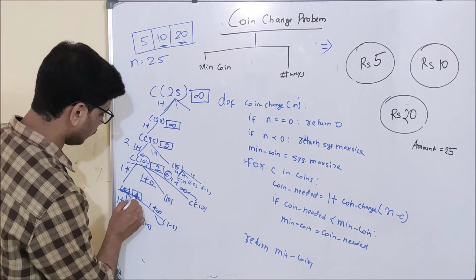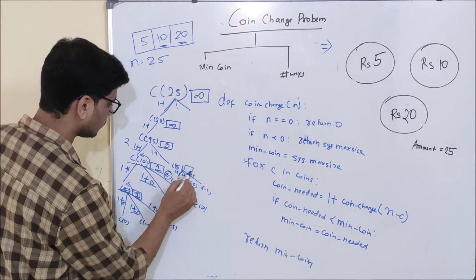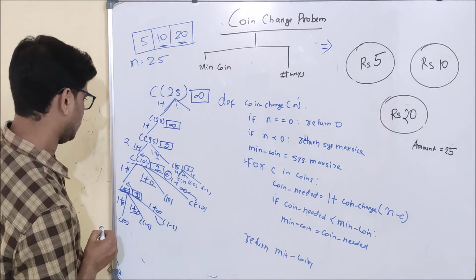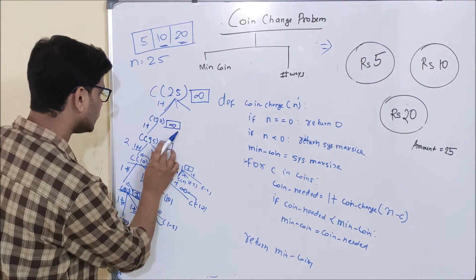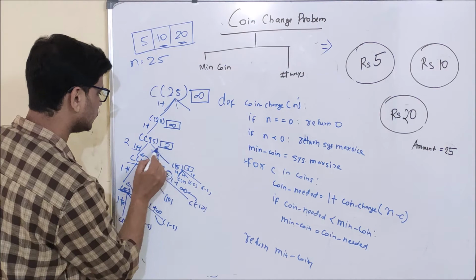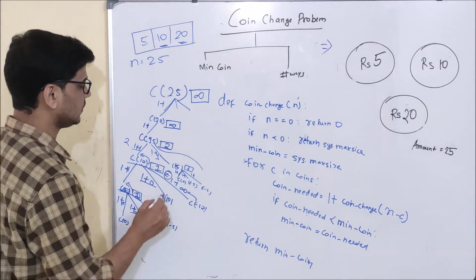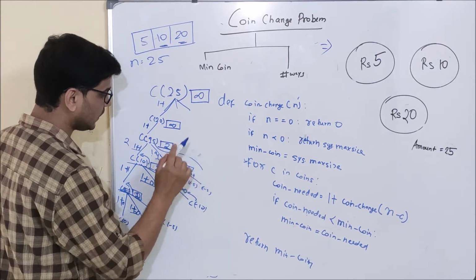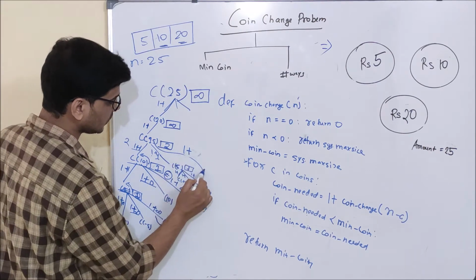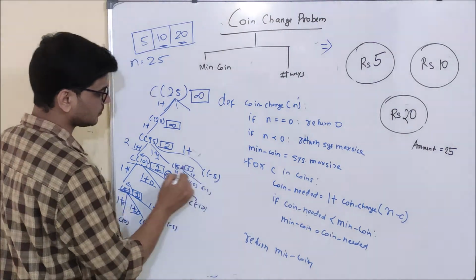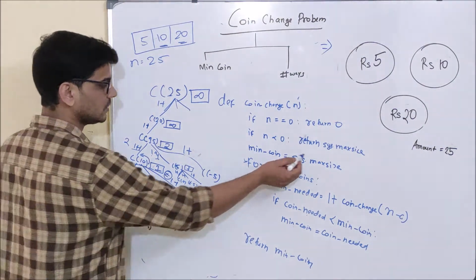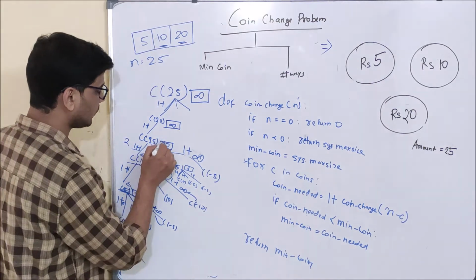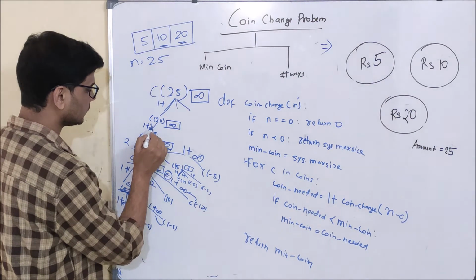So from here we already know that we are returning 1, so we will return 1 from here, and yeah, so here it is 2 and here it is 2, so nothing is going to be updated. Again c of 15 is going to try the third option, that is the 20 rupee coin. When it tries the 20 rupee option, 1 plus, it is going to make a function call to c of minus 5. So it is not a valid option, so basically infinity will be returned from here, 2 is smaller, so nothing is going to happen, and c of 15 is going to return 2 to c of 20.